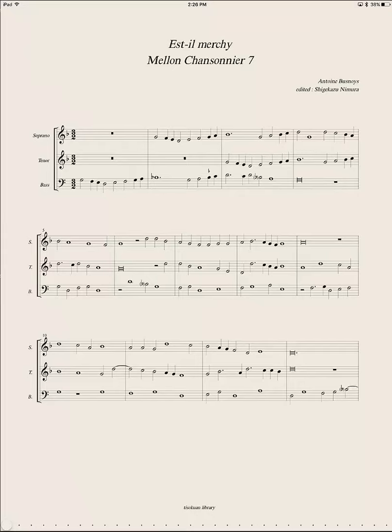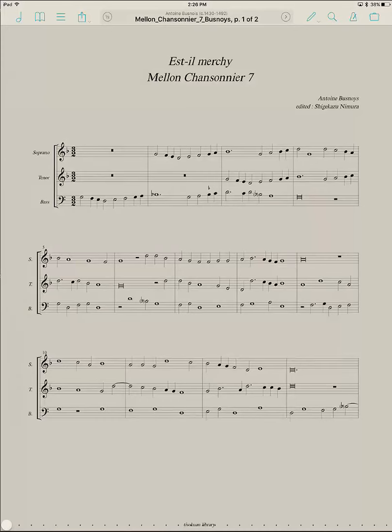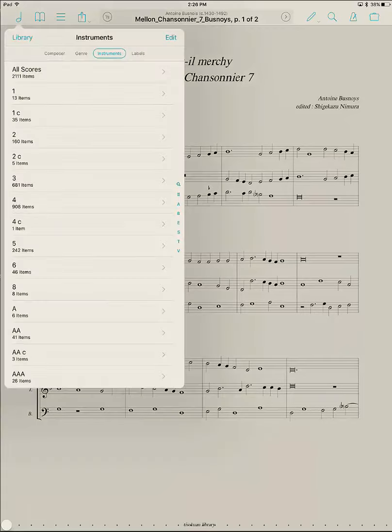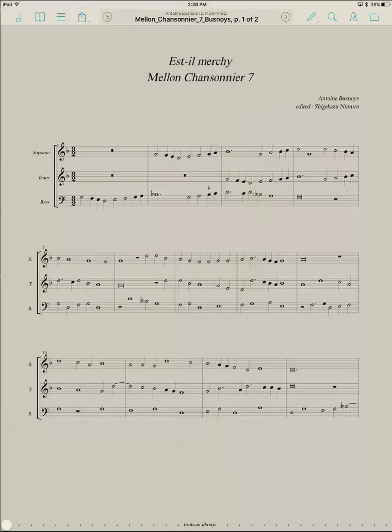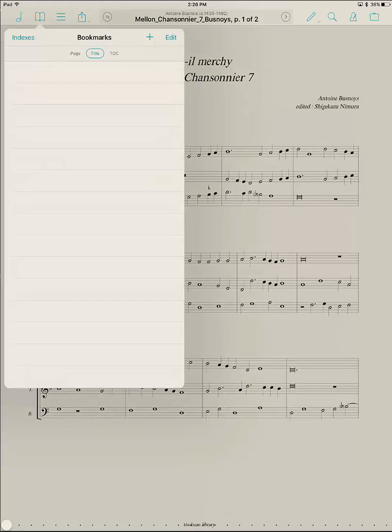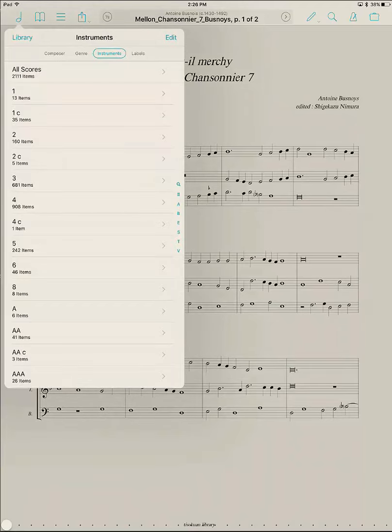Some basic ForScore settings and menus. Tap in the middle of the screen to open up the bar at the top. On the upper left is the half note icon, which is your libraries, and that's the main place you'll go to find your scores. The second one there is bookmarks, and bookmarks are if you have, for example, a file